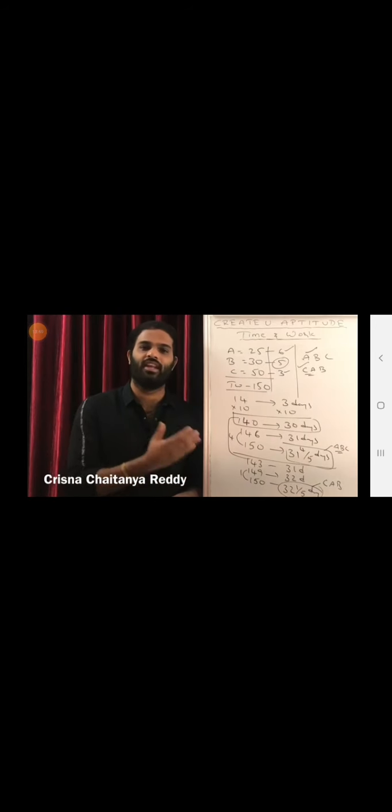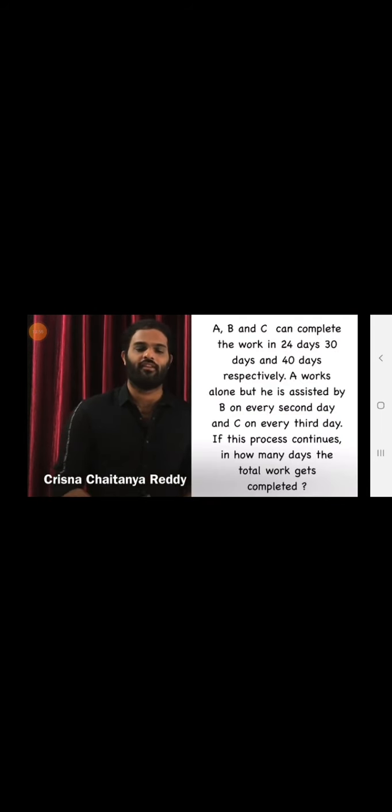Once you understand in what way the remaining work gets completed, this question will be very, very easy to answer. Let us answer one last question on alternate days. Suppose the question is, A, B and C can complete the work in 24 days, 30 days and 40 days respectively. A works alone, but he is assisted by B on a